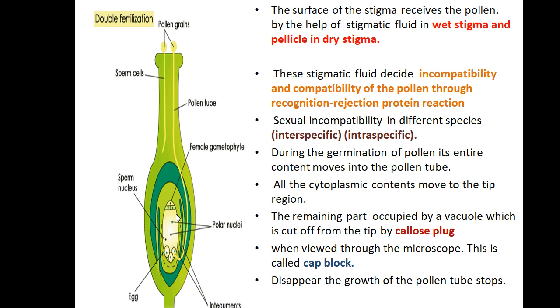In the synergids, one is coming and uniting and forming the zygote, that is syngamy. So the pollen gets germinated here and travels to the style of the ovary, and again it travels to the ovule through the micropylar end. At the micropylar end, it enters through one of the synergids and fuses with the female gametophyte, producing the fertilization, that is called zygote or syngamy, and the one more male gamete is united with the two polar nuclei, producing the triple fusion.